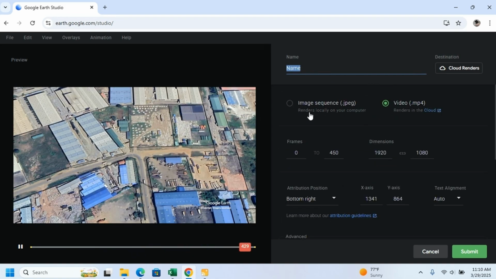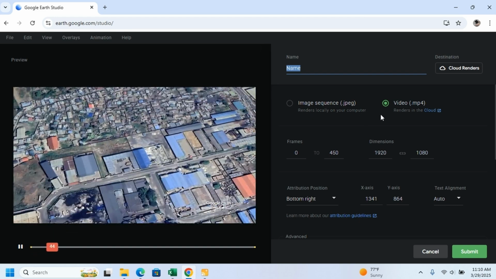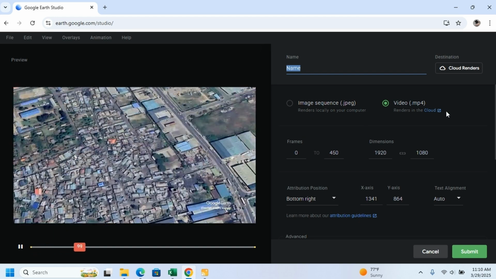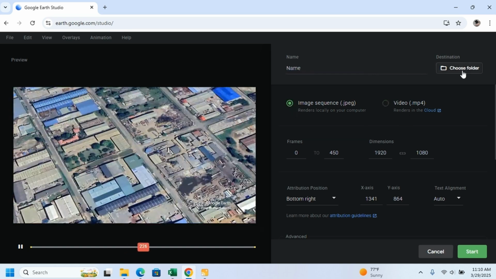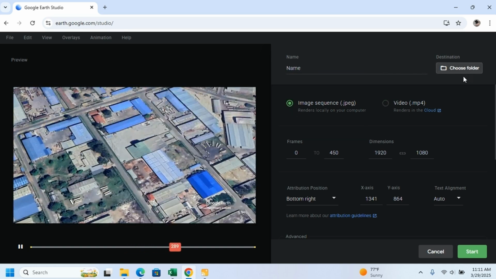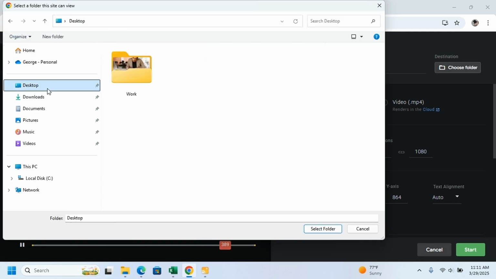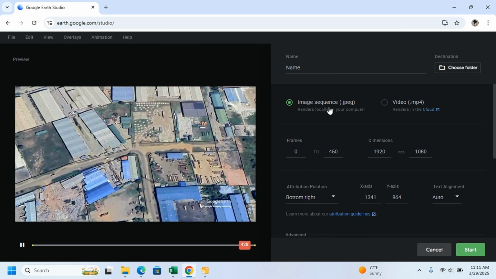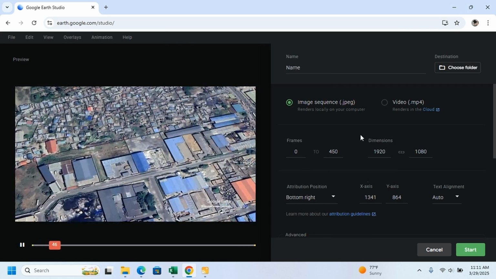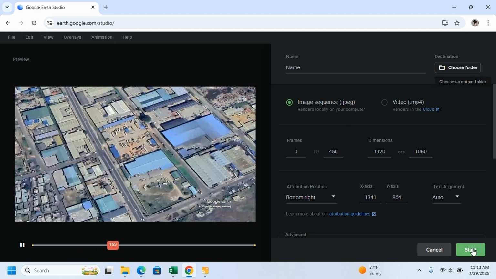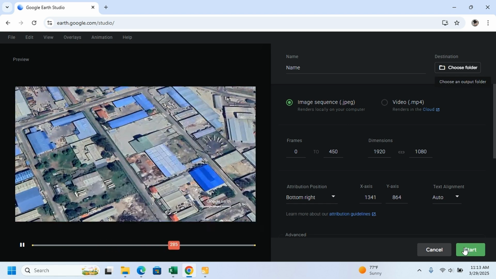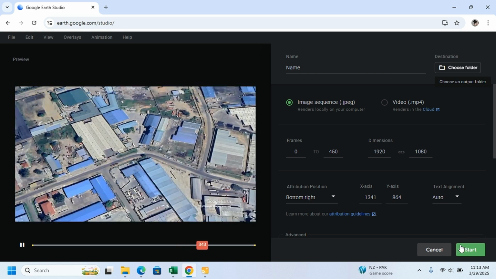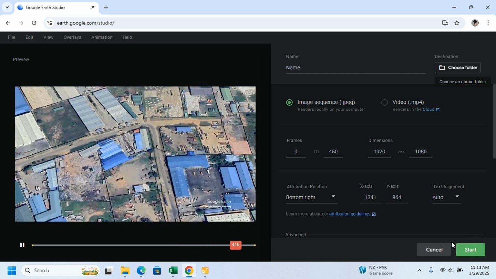This you can render locally on your computer, but this one is rendered on the cloud. So if you want to save it on your computer, you can click on this one, and you can also choose the location where this is going to be saved. Then you can press on desktop. Then you can select this as a folder. When you're done adjusting these sequence dimensions here, you can just click on start, and this is going to generate an image sequence which can be combined into a video using software like CapCut or Premiere Pro or any other video